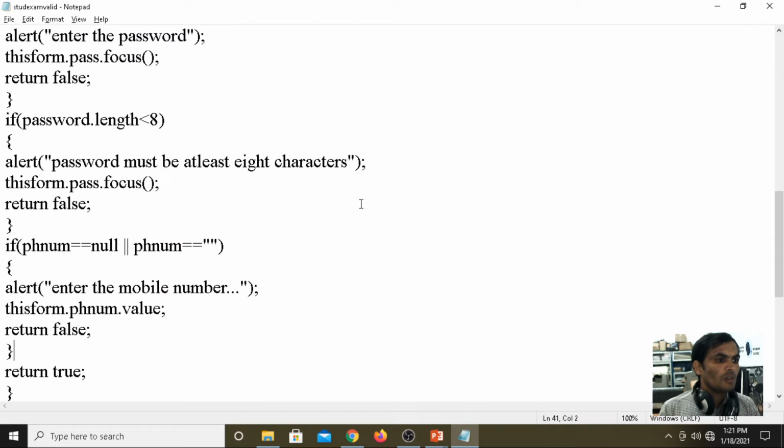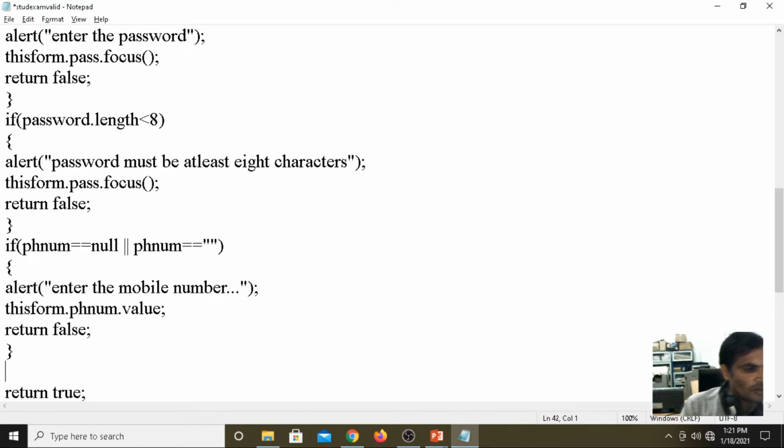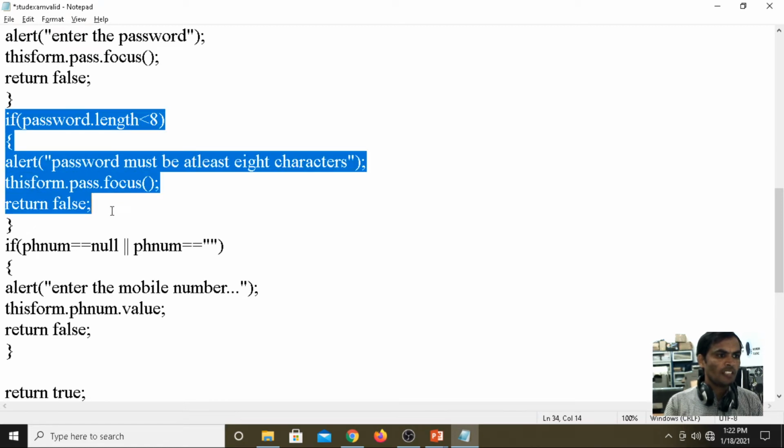Now for the mobile number, a minimum of 10 characters should be there. I am giving the condition same as it is.